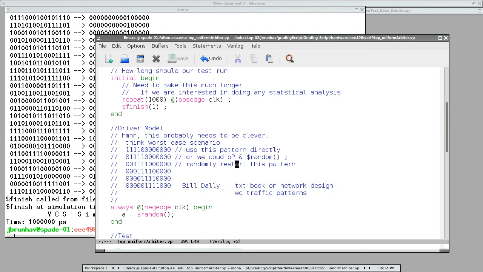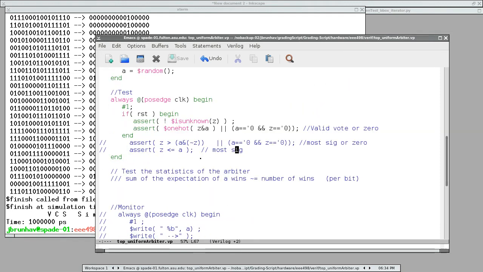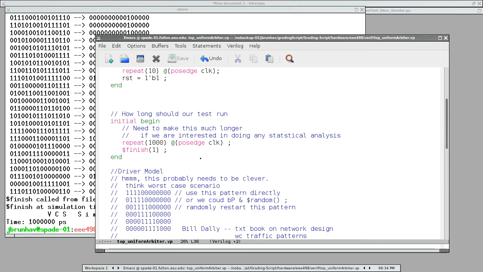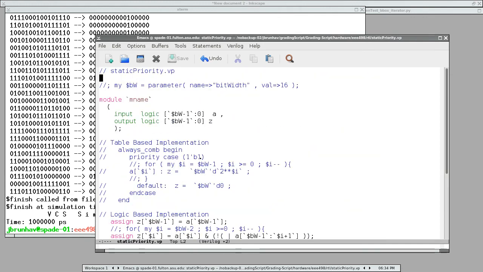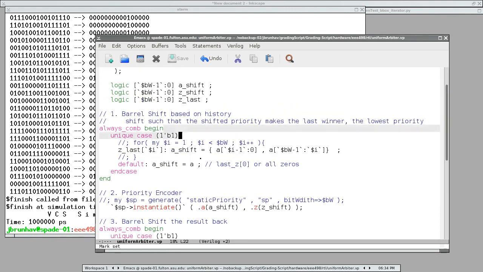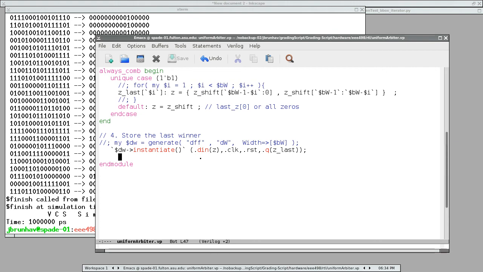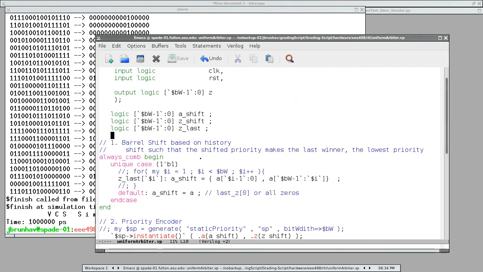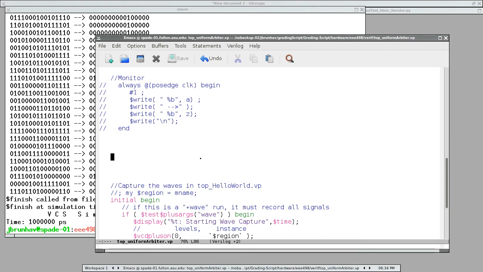So I think that's nice and sweet. That's a short little implementation we did today. We went through the uniform arbiter. We built this one hot encoded barrel shift and this other one hot encoded unbarrel shift. We hooked it together and built what we think is going to be a uniform probability arbiter. And what we'll do next time